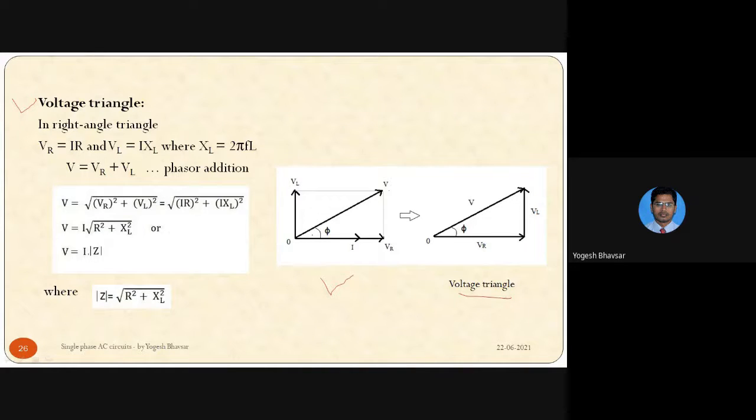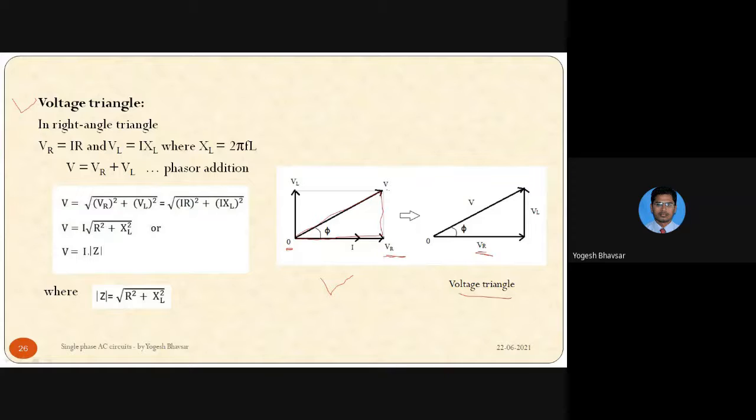Look at how. Let us consider this triangle from the phasor diagram and just draw it as it is. This is the origin point 0. Then this line becomes the VR. This phasor becomes the VR. So as it is, we have drawn, and this side of the triangle, the base side, will represent VR, that is the voltage across resistance.